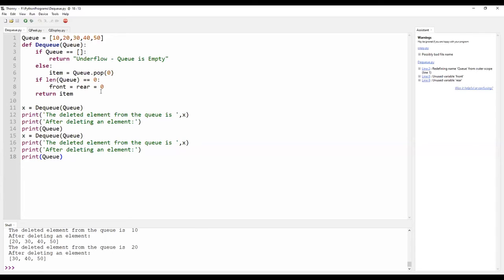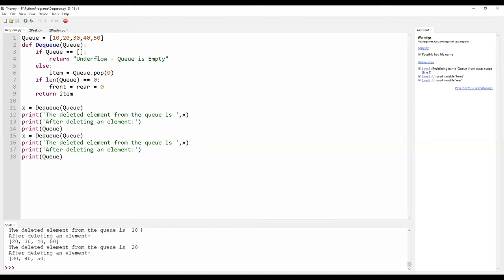So after 5 calls of dq, when I am trying to call the dq function for the 6th time, the statement "underflow, q is empty" will be visible. Why? Because we have 5 elements.